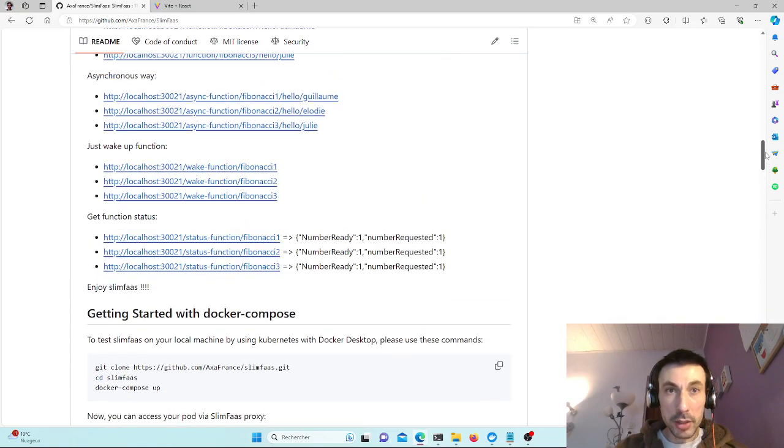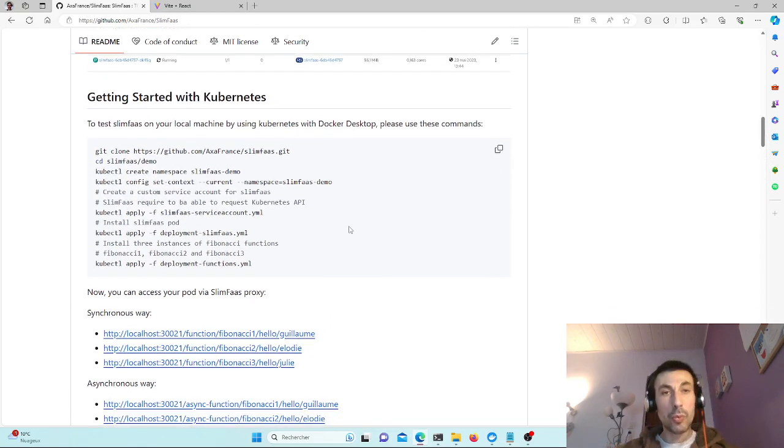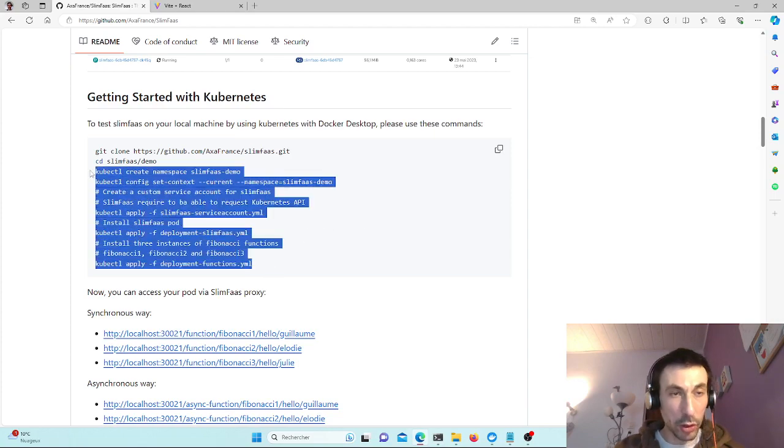We can start with a short demo. To get started, you can test the SlimFaas demo with just a few lines of code. Just copy these lines and paste them into a terminal. What I'm going to do is that I've already cloned the repository, so I'm just going to start a new Kubernetes namespace,